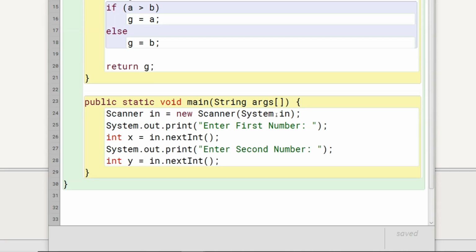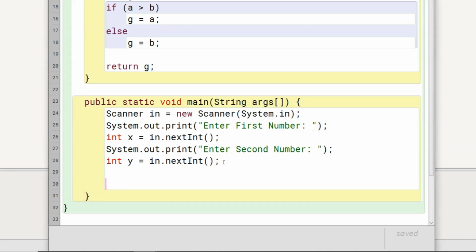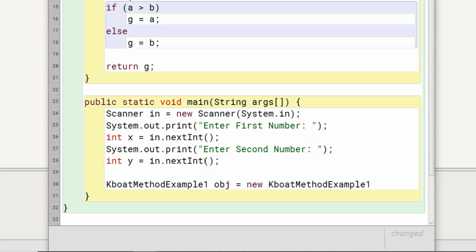Now we need to call our method greatest and pass x and y to it. For that, I will create an object of this class KeyboardMethodExample1 like this. Then I will declare an int variable z to receive the output of the greatest method.